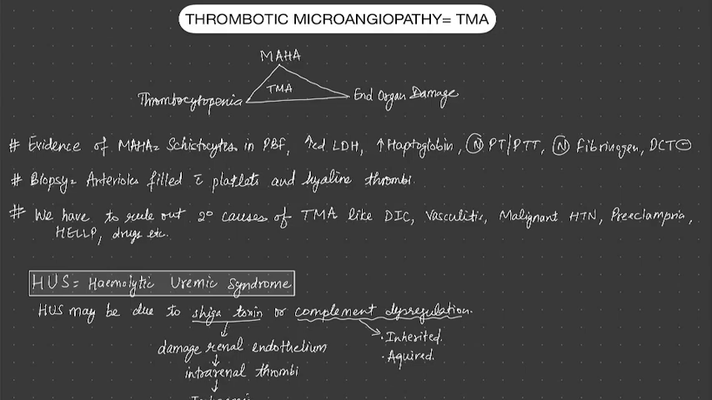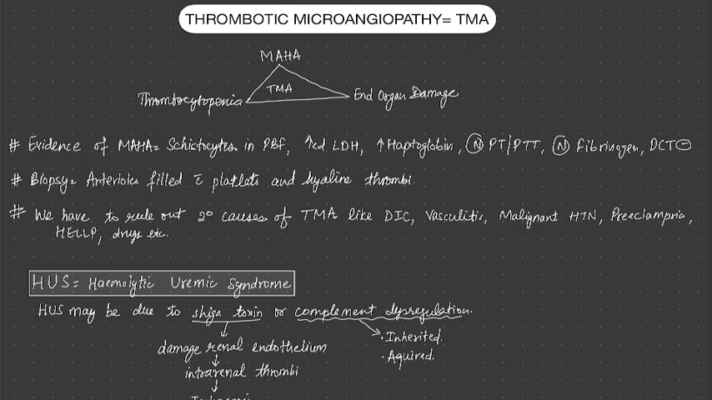In this video, we will be discussing thrombotic microangiopathy or TMA. TMA is characterized by a triad of three things. One is MAHA, microangiopathic hemolytic anemia. Second is thrombocytopenia, and third is end organ damage. End organ damage is in the form of